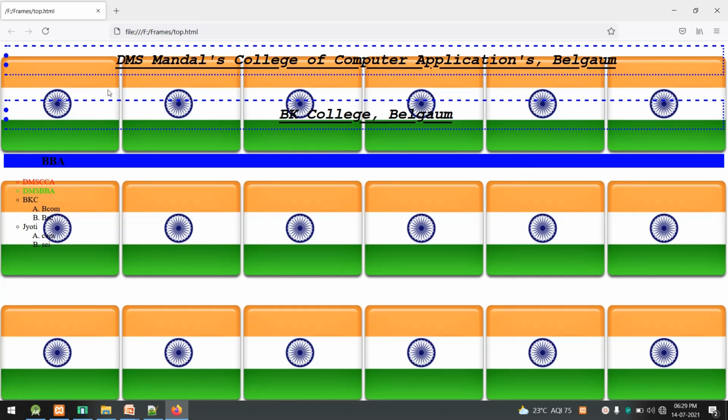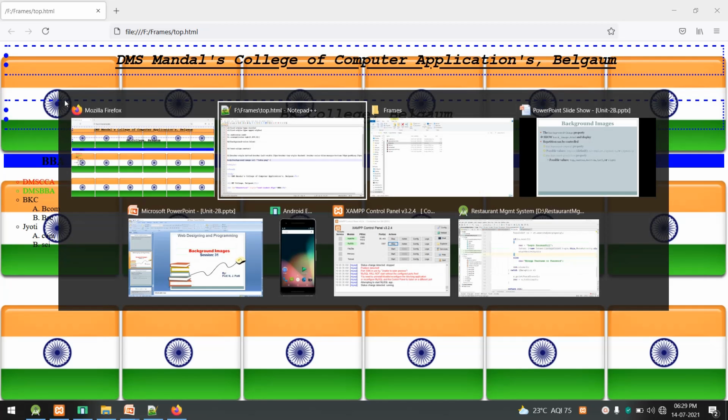One thing to notice here is that the image is repeated in both X and Y directions. This is because the size of the image is very small, and because of this the image is repeated. If the size is large, an image may take the complete page width and height. If an image is smaller than the size of a page, it is always repeated in both directions, remember that. And this repetition can be controlled as well. How to control this repetition, we will see now.